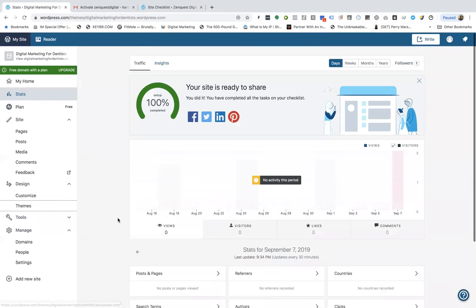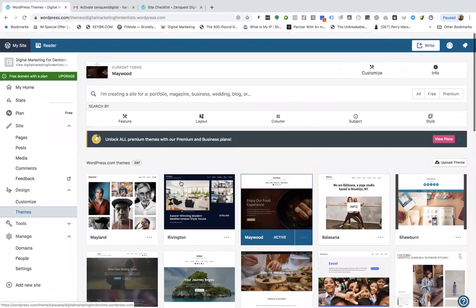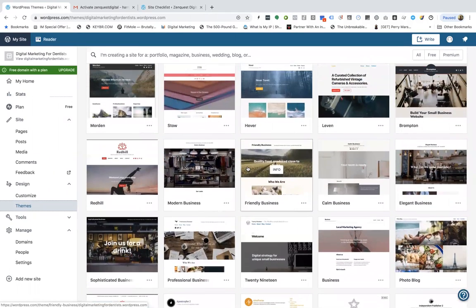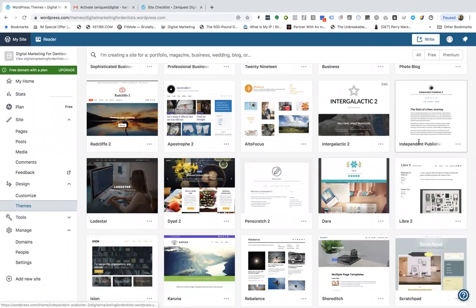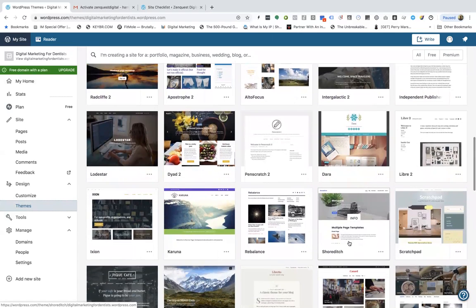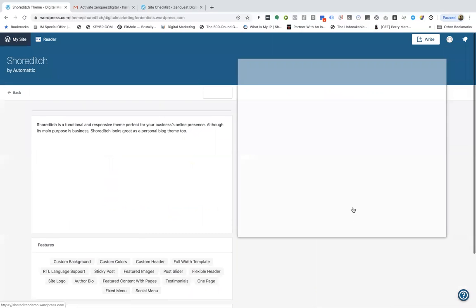So I'm going to go into the themes, and then I can choose whatever theme I want based on the number of free themes that WordPress has. There are also paid themes as well, but what I'm looking for is a simple blog which allows me to just post my content. So I'm going to go ahead with probably this theme,